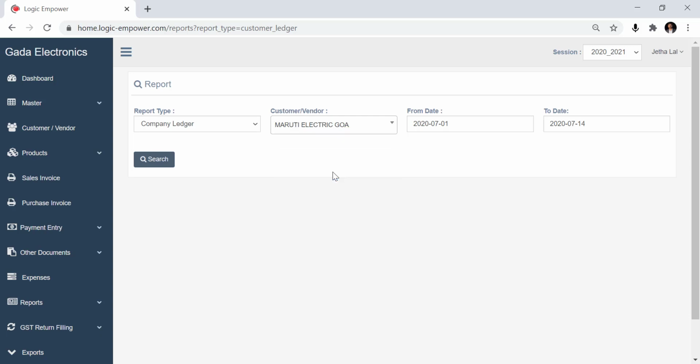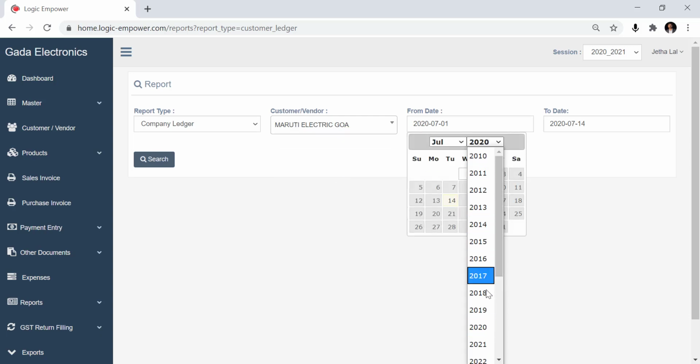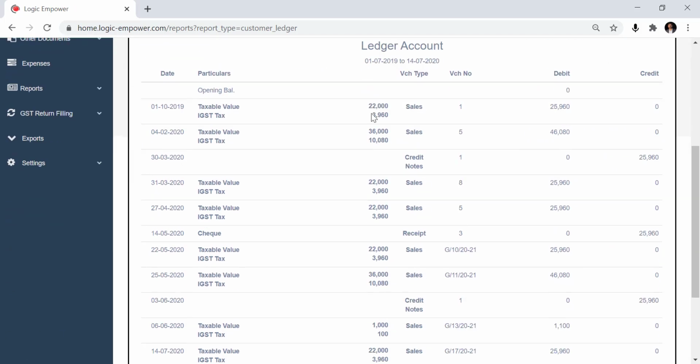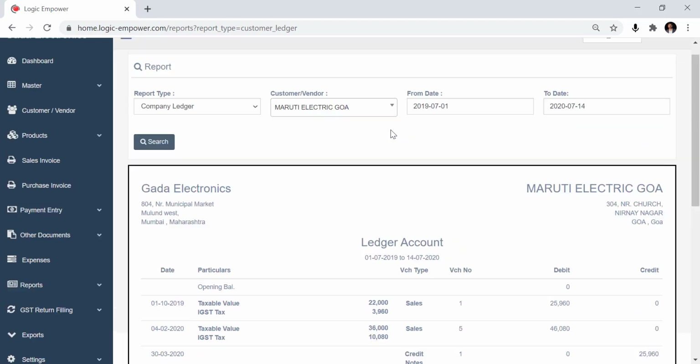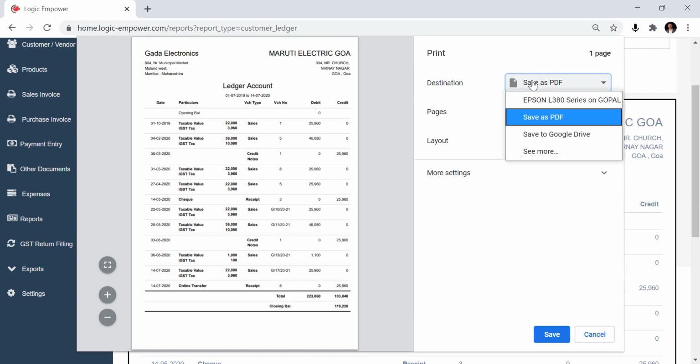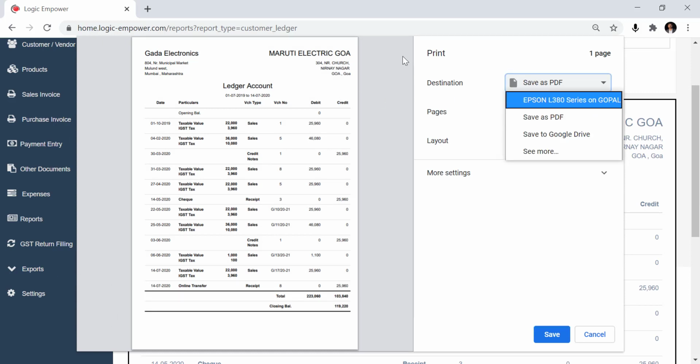Select a company, Maruti Electric, select a date range and search. So this way your report will be generated. You can click on print, save as a PDF. Either you can click directly print on your printer.